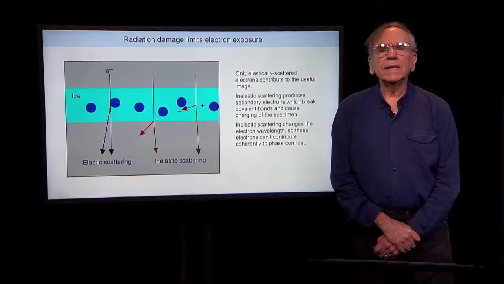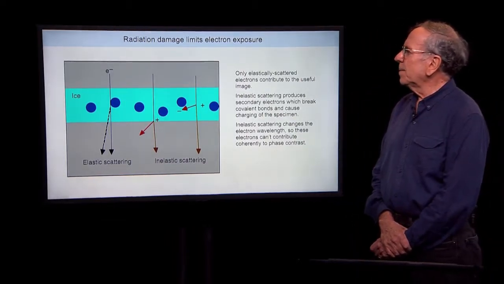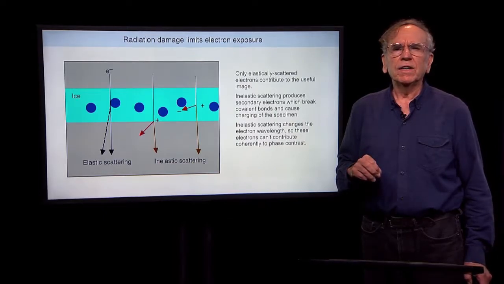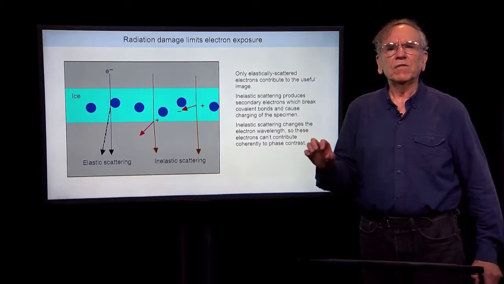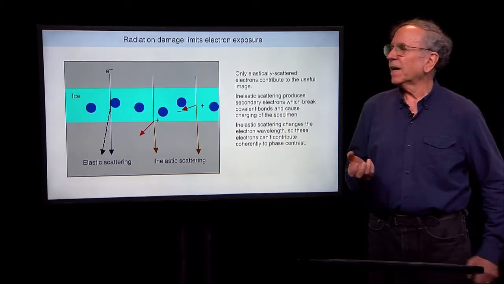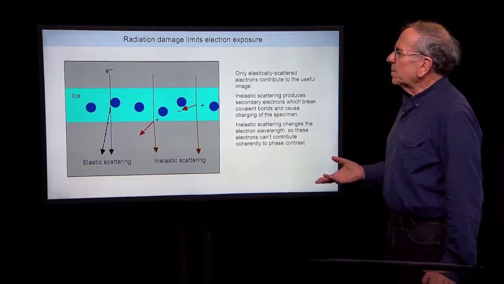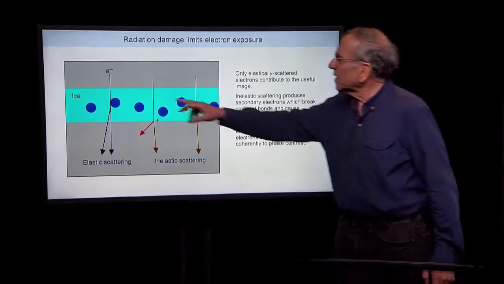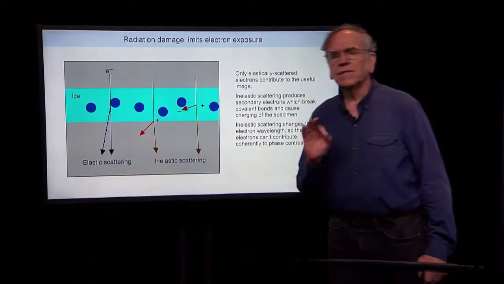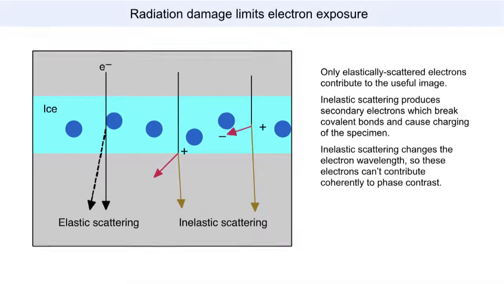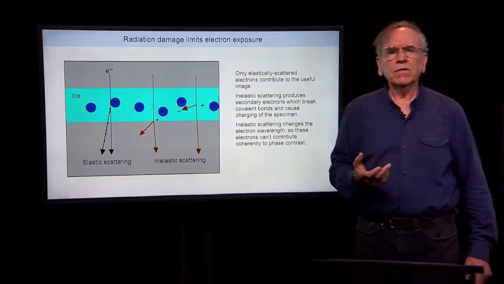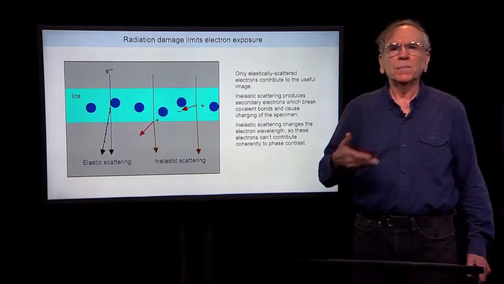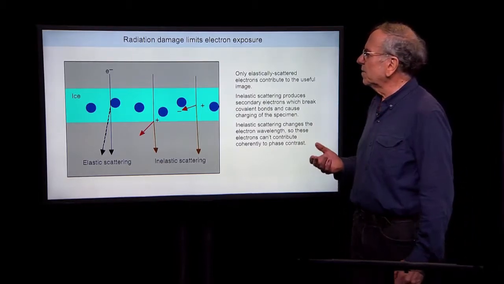Now, the second problem is radiation damage. By radiation damage, I mean interactions between the imaging electrons and the proteins, macromolecules in the specimen that actually damage the macromolecules. Physicists talk about two kinds of interaction events. There's so-called elastic scattering, where an electron preserves its original energy but has its phase shifted by interaction with an atom. And there is so-called inelastic scattering, where an incident electron interacts with another electron in the specimen and knocks that electron, for example, out of the orbital of one of the atoms,